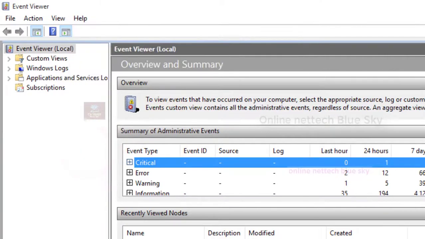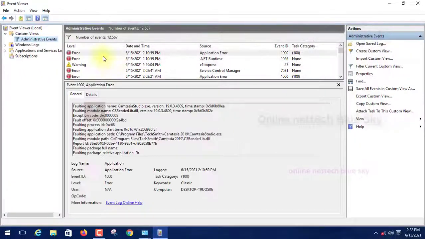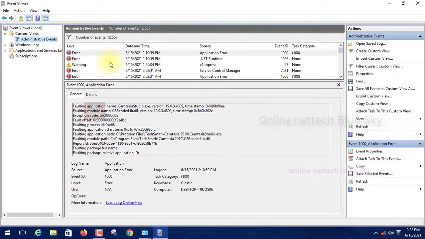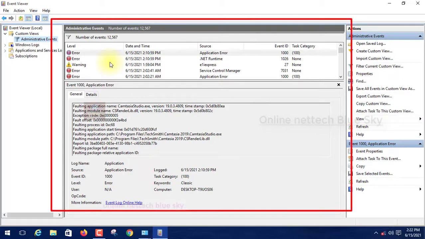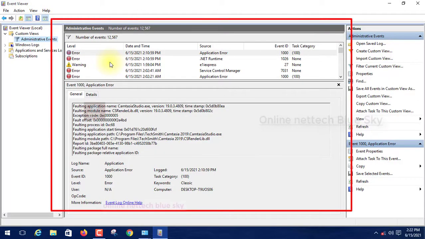What is the main option? On the left side you can see the custom view. Click here on Administrative Events, and you can see any fault in your computer, any error, any leak, any failure in your system. Every error and warning is automatically saved in Event Viewer.